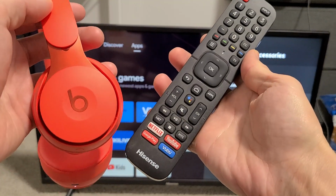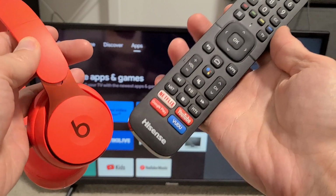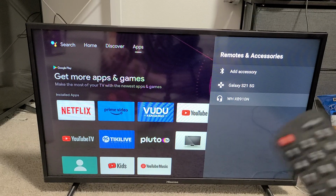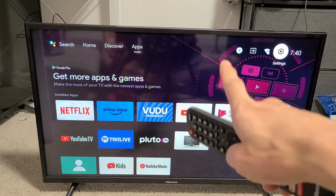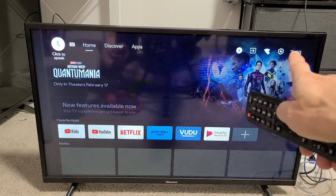Going to show you how you can pair or connect your Beats Solo Pro directly to your Hisense TV via Bluetooth. First thing is you want to go to the settings on your Hisense TV, so you can click on the home button on your remote. And then once you're on the home screen, top right hand side, you can see right over here the gear